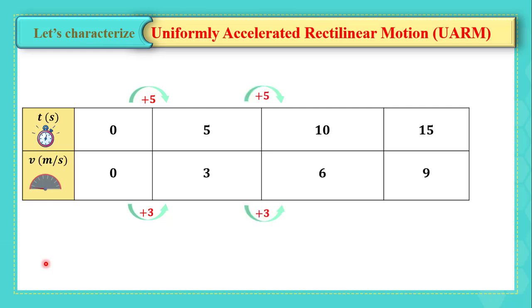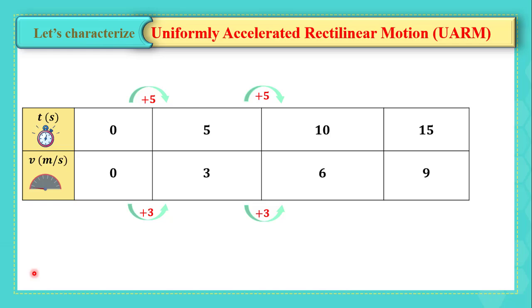Also, after another 5 seconds, the speed increases by 3 meters per second, where it becomes 6 meters per second. Then from the table, we notice that during equal intervals of time, in our case 5 seconds, the increase in speed is constant, which is 3 meters per second each 5 seconds. Since the increase in speed is constant, then we will call this motion uniformly accelerated motion, where the term uniformly